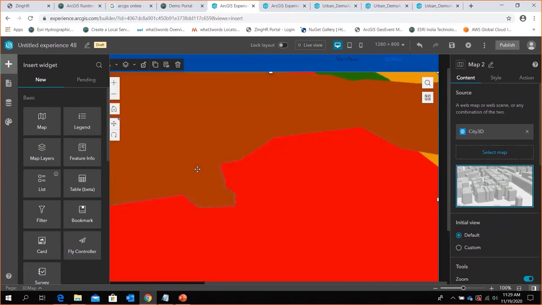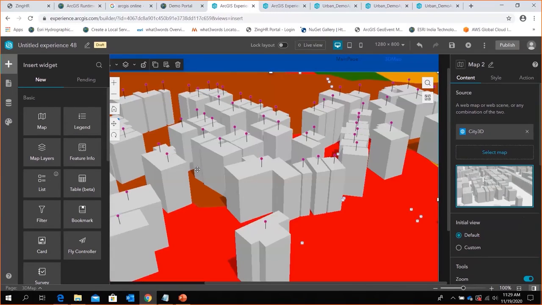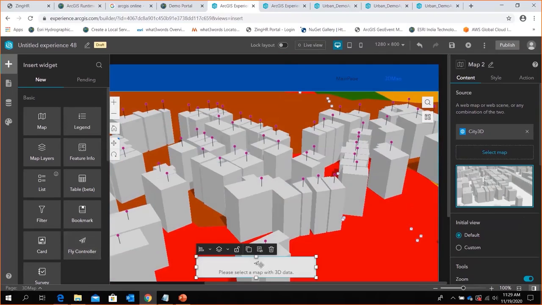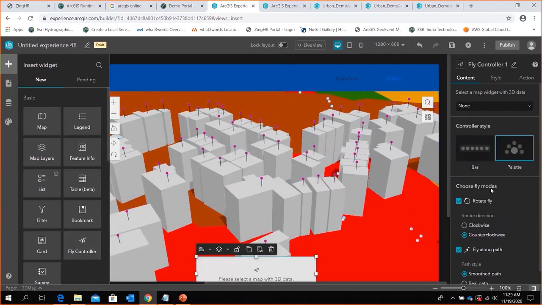Now I added here one fly control, because the 3D buildings are there and I want to see the fly control. For that one, I'm dragging the fly control. Here I'm choosing the palette. Again, I'm choosing the data, the map, whatever, map 1, map 2. Even a non-developer can create very beautiful applications by choosing drag and drop widgets, tables, and pages, whatever. Once I'm completing the application,